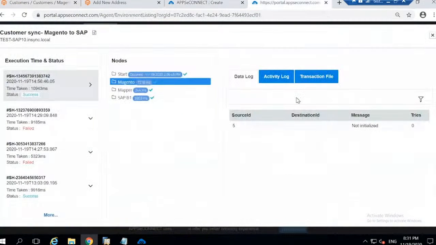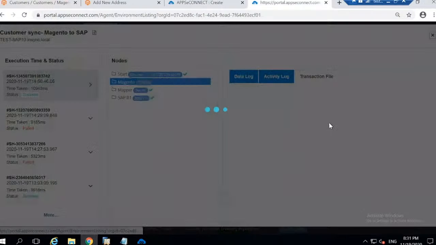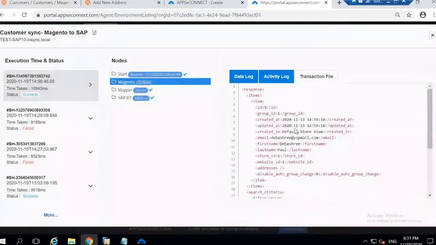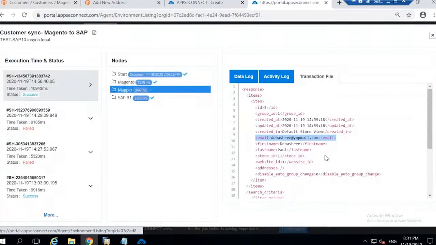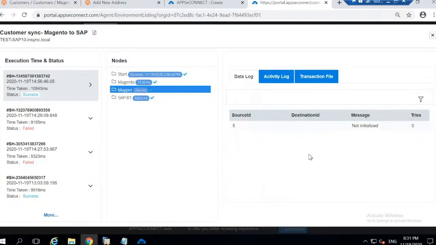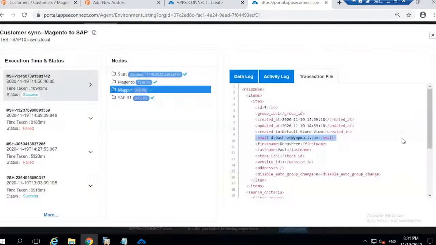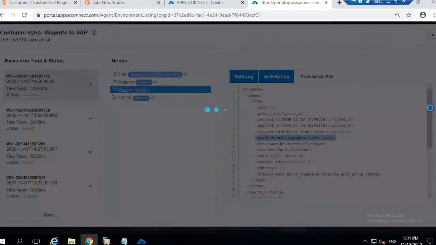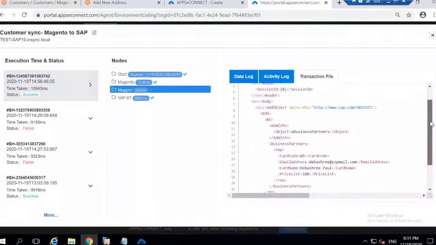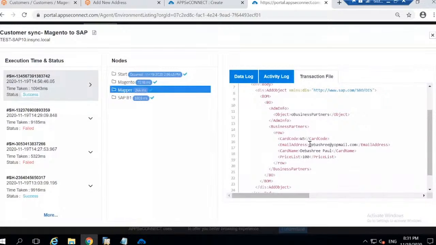If we go to the transaction file, we'll easily be able to see which customer was faced. So this was the email ID that we just created. After that, we go back to the mapper, I mean the transformation area. Let me copy it first. Yes, it was transformed properly. Let me copy it. And in SAP,